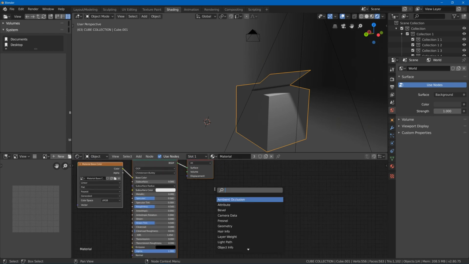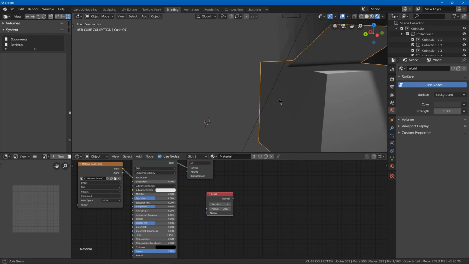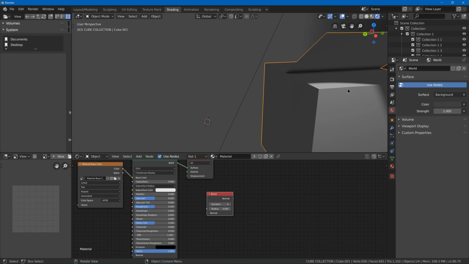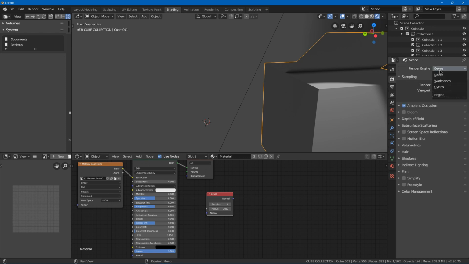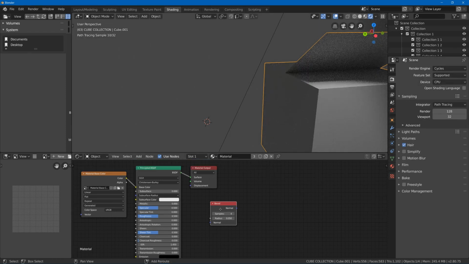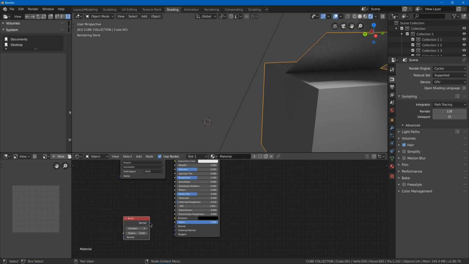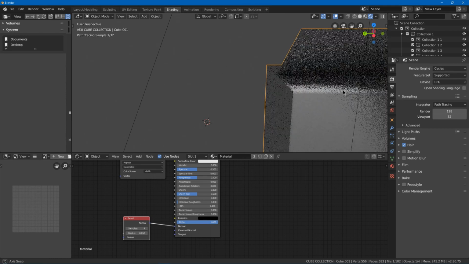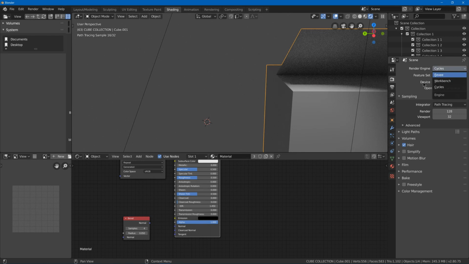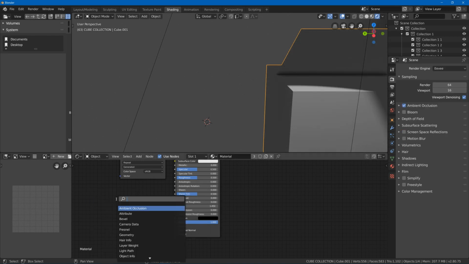We got other new ones. We got bevel, which creates the illusion of a bevel using normals. So it doesn't actually add bevels to it like the bevel modifier, it just shades bevels on it. So I have to change to Cycles for this to work. And then I could just add this bevel here to the normal. And you'll see there's a little bit of a blur or bevel kind of effect going on, but it doesn't show up in Eevee. We got our ambient occlusion node,